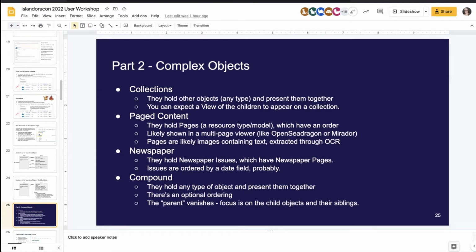And then compound is the wild card. It groups together various objects that are otherwise unrelated or that you want to show together for some reason. There's an optional ordering, and I actually have no idea what's supposed to be the deal with